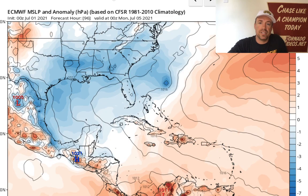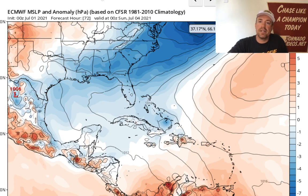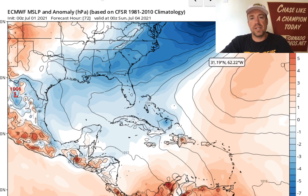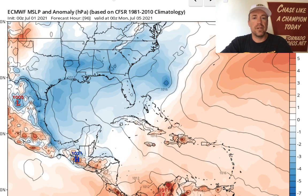This is more of the fish storm variety. This trough kind of punches that subtropical ridge, shunts it off to the east of Bermuda, and you get a weakness up here that causes a further north track over the mountainous terrain of Hispaniola, eastern Cuba there. It does look like the Turks and Caicos and the southeastern Bahamas could get quite a bit of rain from that weaker storm. And then it recurves out off the northwestern periphery of that subtropical high that's pushed a little